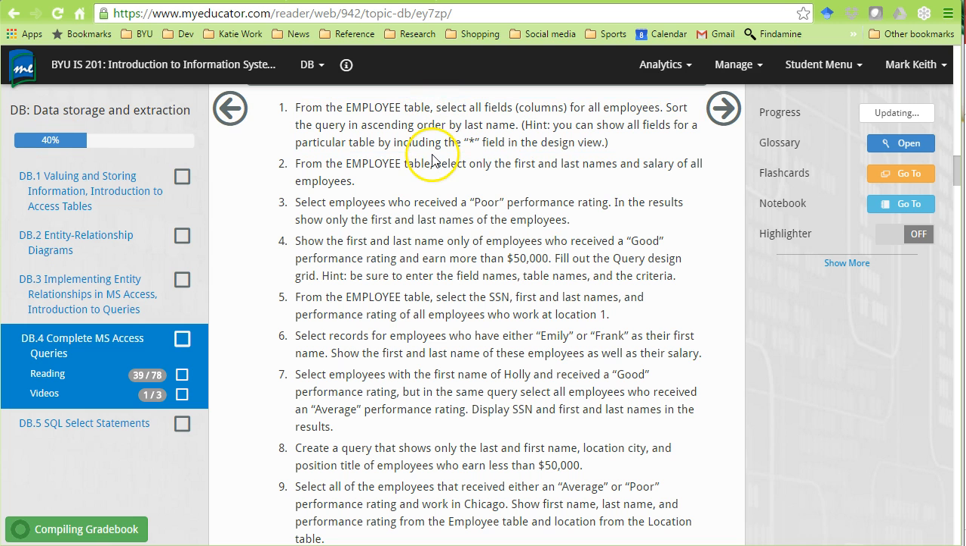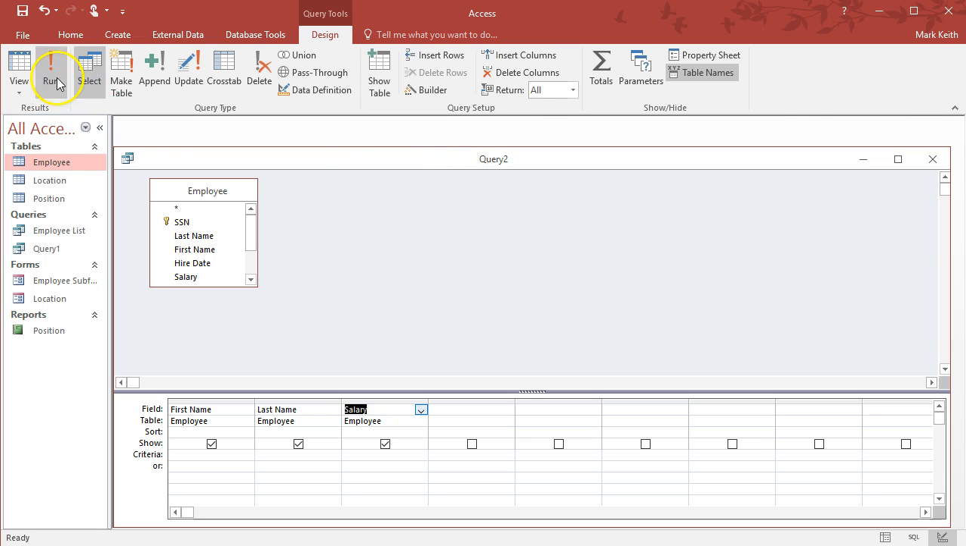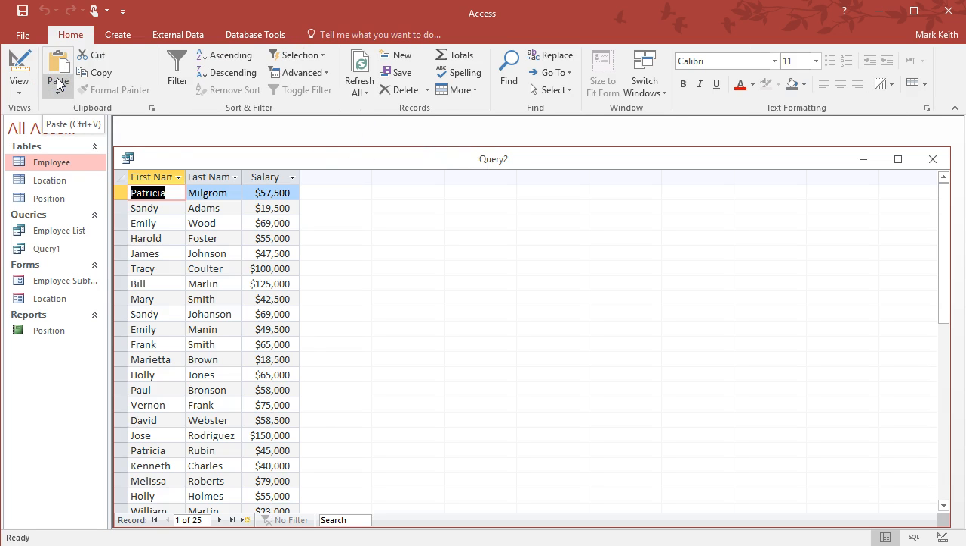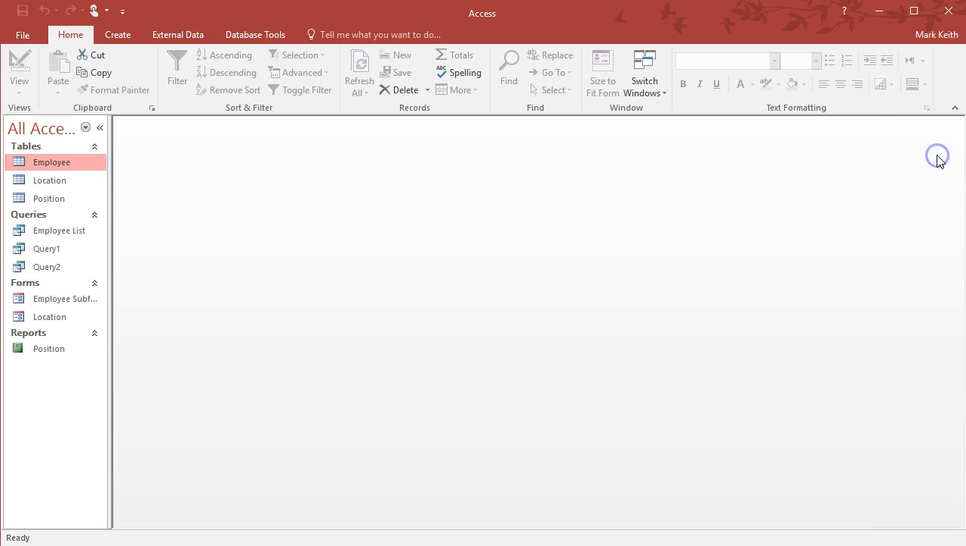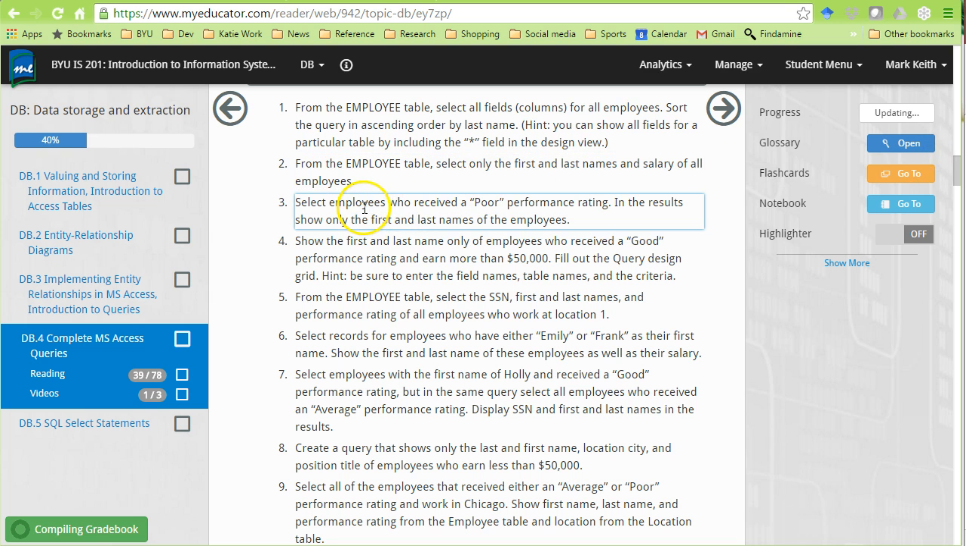Did it say anything about sorting? Nope. So don't sort, just run. That's all it is. Save query 2. Okay, now we're cooking. Number 3, select employees who received a poor performance rating, and only those who received a